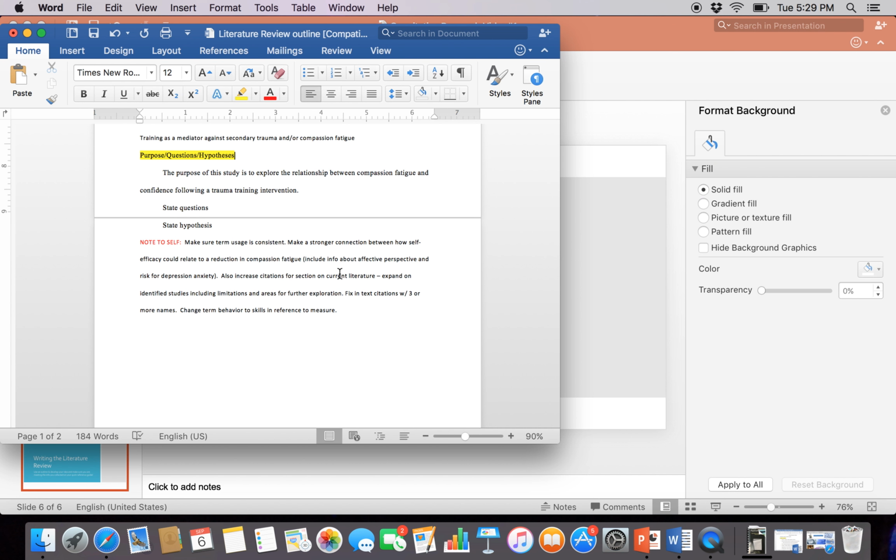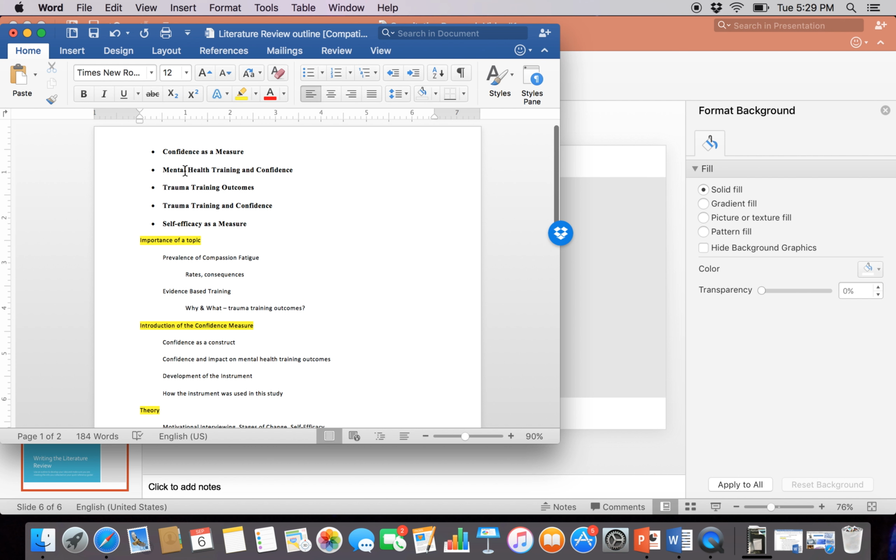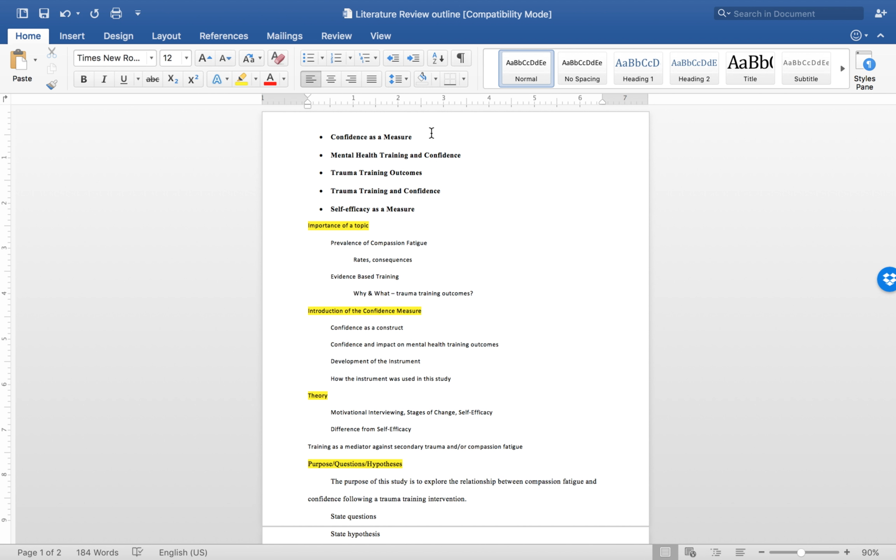So as you can see here, let me make this larger for you. I had looked at my do's and don'ts list, and I compiled it, started to compile the outline for my individual lit review. I have some of the broader areas in terms of topic that I was covering, and then started to put some of those do's and don'ts in as building the structure.